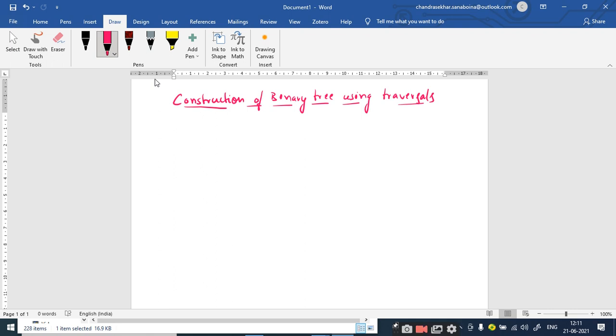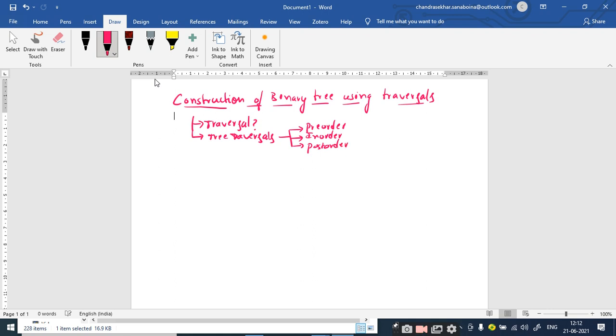So what do you mean by traversal? Visiting each node once, sir. No, it's not a limitation that you need to visit only once. The definition is given like that, but traversal means visiting each and every node in a particular sequence or in a particular order is called as the traversal, right? So how many tree traversals are there? 3 types, sir. Pre-order, post-order. Right, we have 3 types. One is the pre-order, and second one is the in-order, and the third one is the post-order, right?